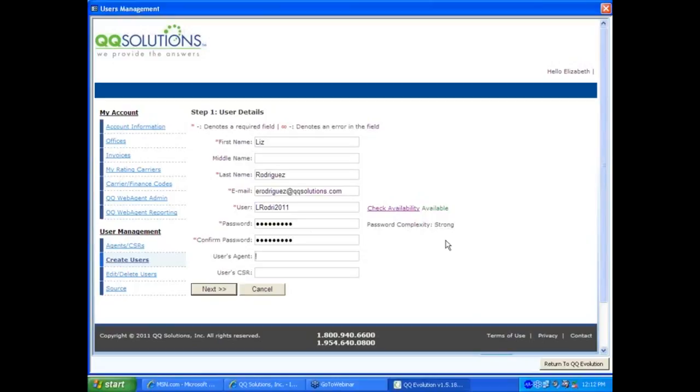All right. Now my next 2 areas, users agent and CSR, are not considered to be required fields, but what you can do is assign a default agent or a CSR for this user. So this would associate the username with a specific agent or CSR. If you don't want to do it at this point in time, you can always come back and do it at a later time. And just click on Next